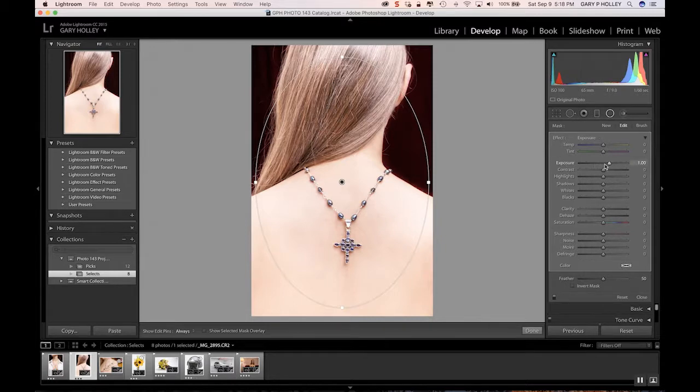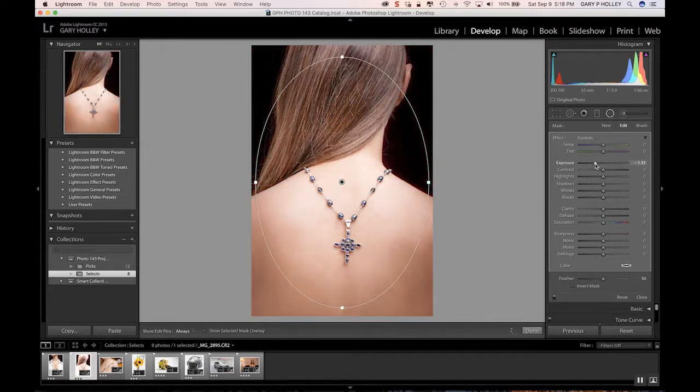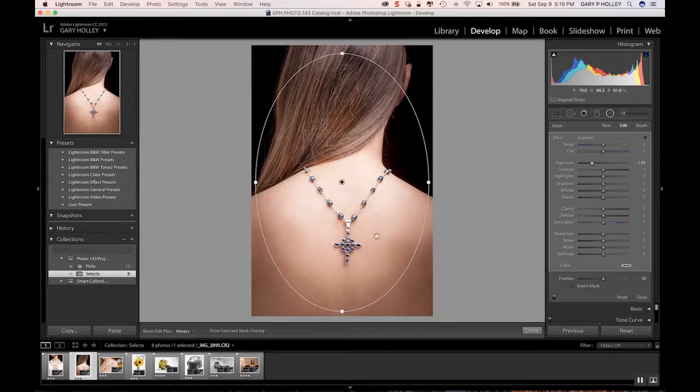So if I go in and let's say I'm going to move the exposure a lot. So see what it's doing? Actually, let me go the other direction. If I make it negative, it's giving me this darker vignette. Okay, vignetting is where the edges are darker than the central part of the image. And so we can actually use that to our advantage and make this kind of interesting effect,